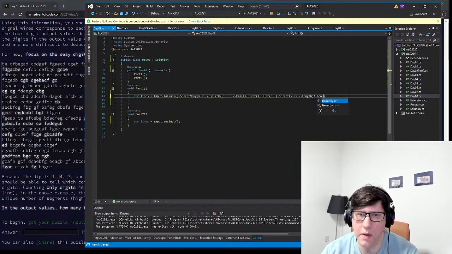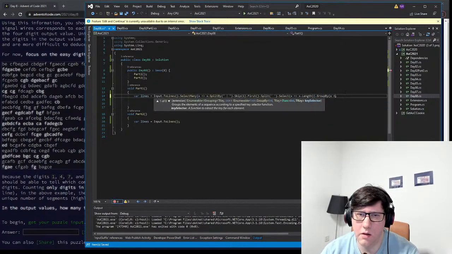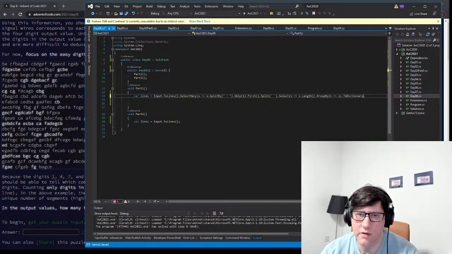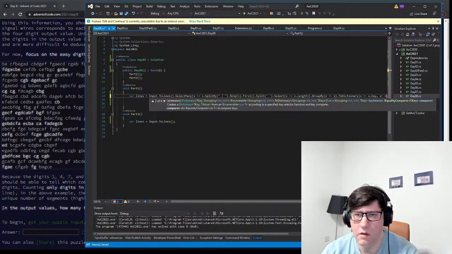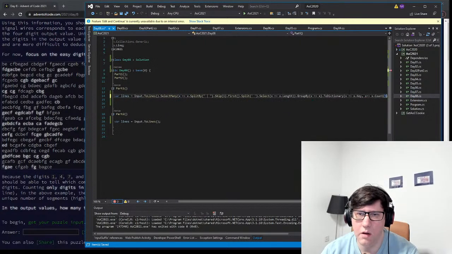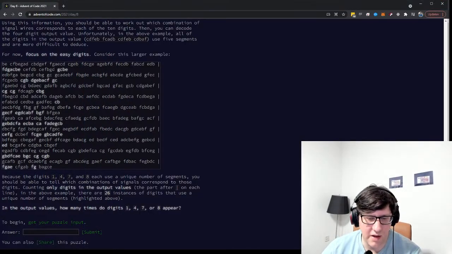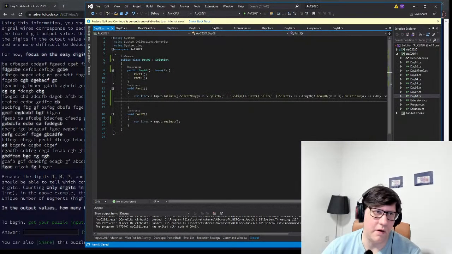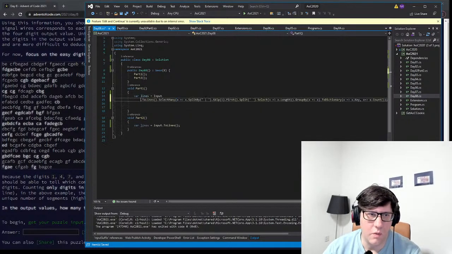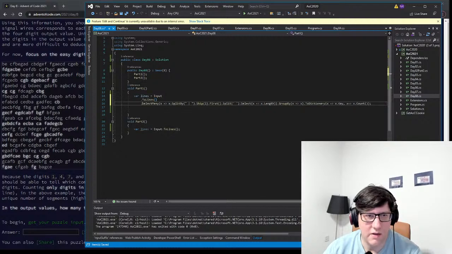Then we group by x, to dictionary, x dot key. So now we have it processed and counted by segment length. This part will be useless in part 2, I'm pretty sure of it, but at least this gives us the answer. So we split the input into lines, then we split,